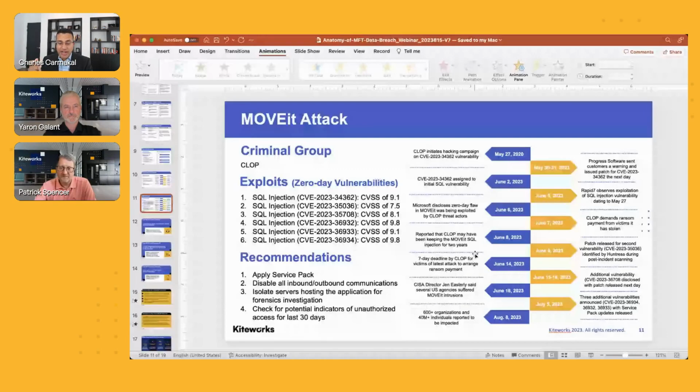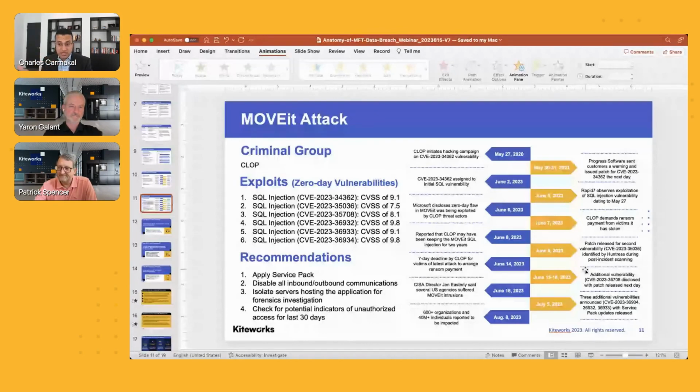And so the threat actor had to do a few things in order to effectively communicate with the victims. Instead of sending emails to a whole bunch of victim organizations, which they did send some, they essentially went on their website, on their shaming site, and they said, hey, we're the ones that were behind this attack. If you don't want your data to show up on our website, you should reach out to us. And here's the way to communicate with us. We thought that was interesting because we've never seen a threat actor do that. But clearly they did that because they couldn't handle the volume of communication. They were overwhelmed. So many victims.